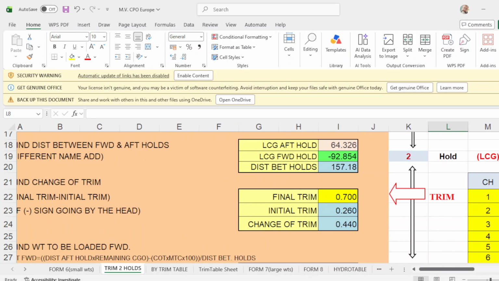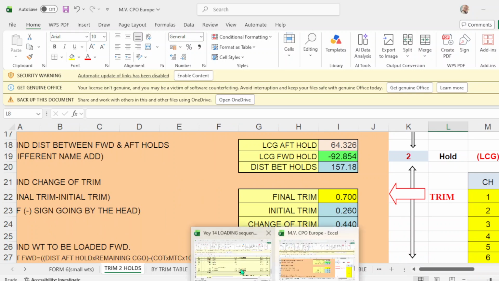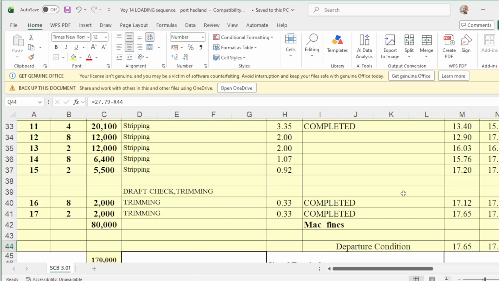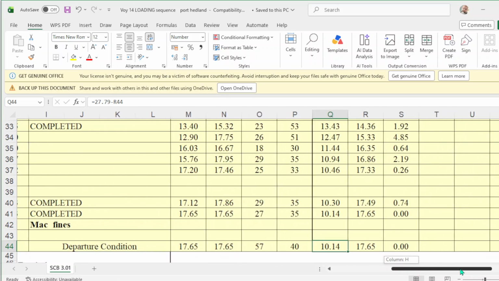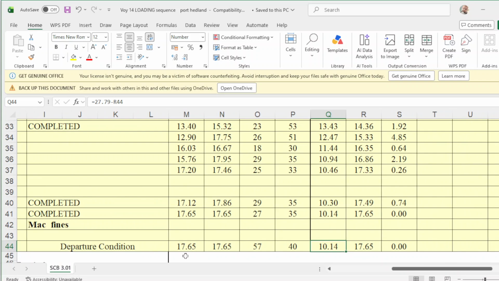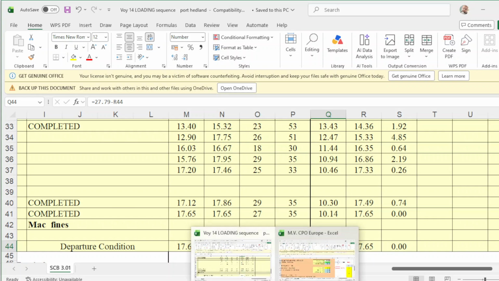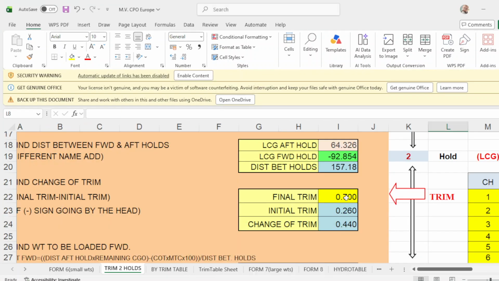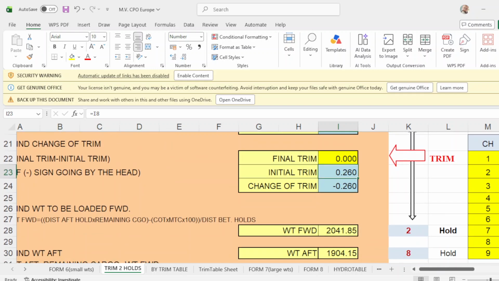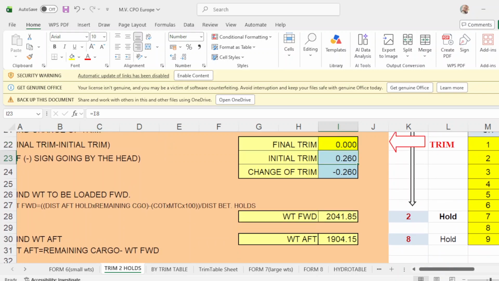According to our loading sequence, it should be zero trim or even keel, 17.65 forward, 17.65 aft, and mid is 17.65, so it should be zero trim. So put in your program, you have no trim. You put 0 there, type, and there you go.